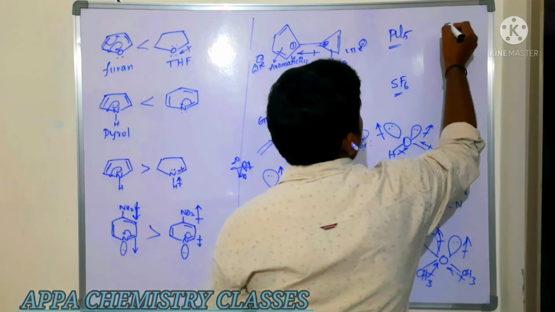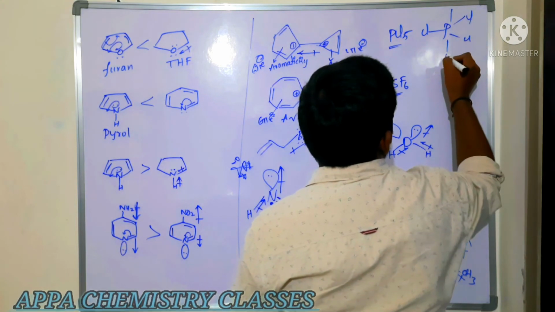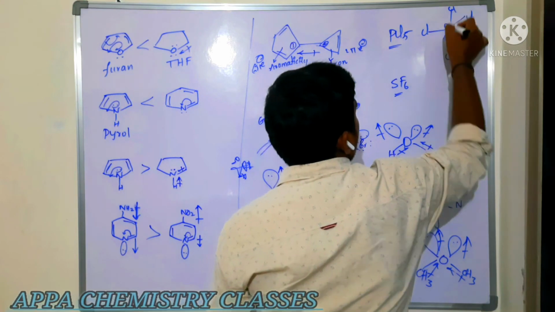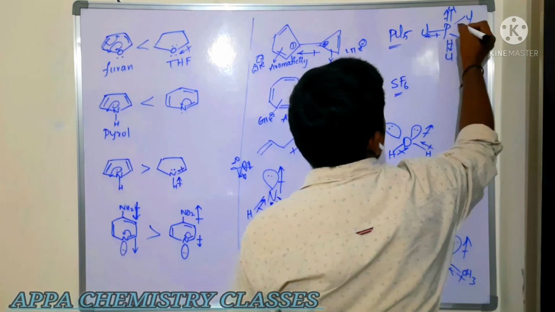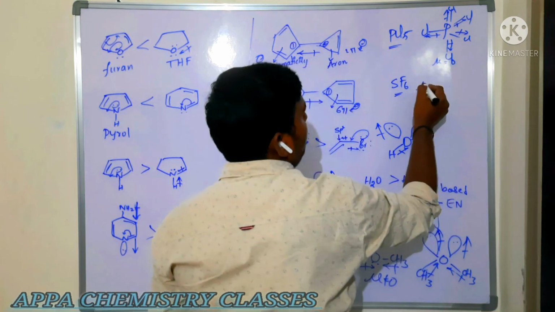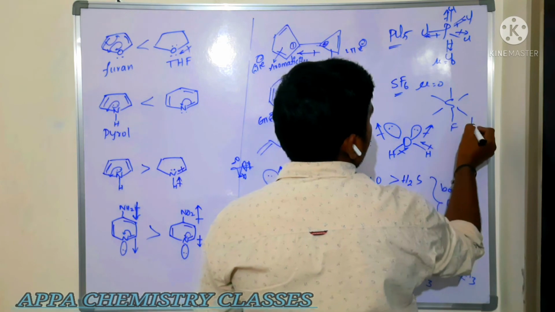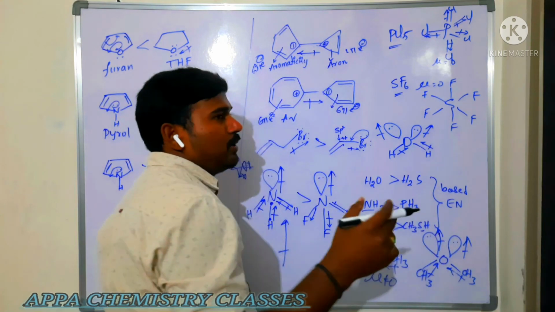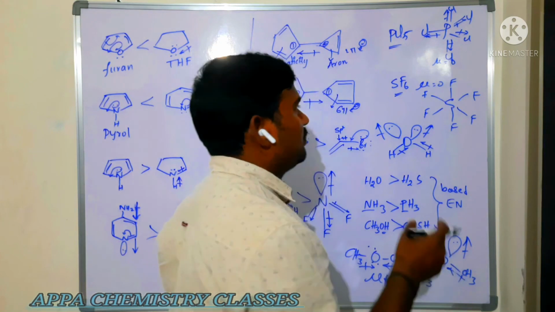Now you can take PCl5. I had explained it to you, it is a symmetrical molecule. Here these two will be cancelled out. Now this is trigonal planar, and these two will be cancelled out in this direction. The net dipole moment is equal to 0 because it is a symmetrical molecule. Here also it is a symmetrical molecule, SF6, an octahedral molecule. Tetrahedral, pentagonal bipyramidal, trigonal bipyramidal molecules will all have zero dipole moment. Is that clear?